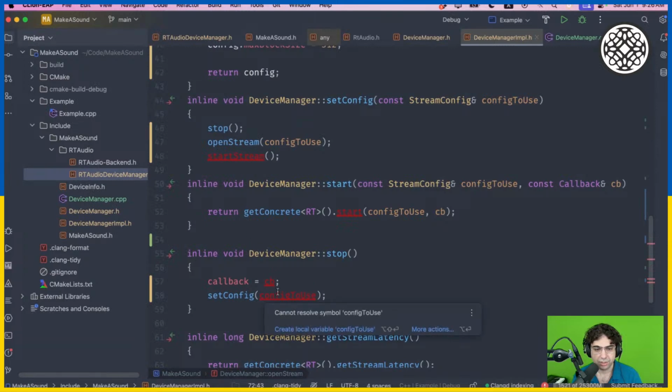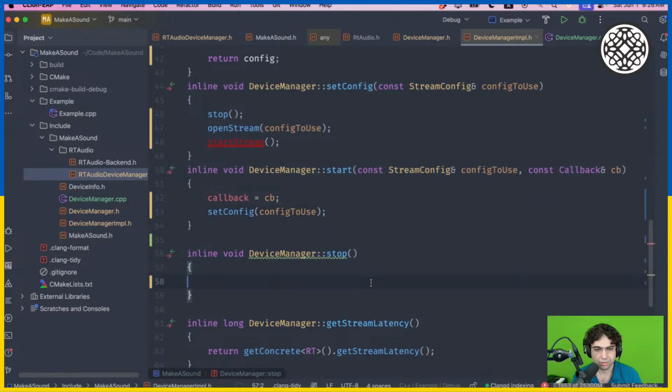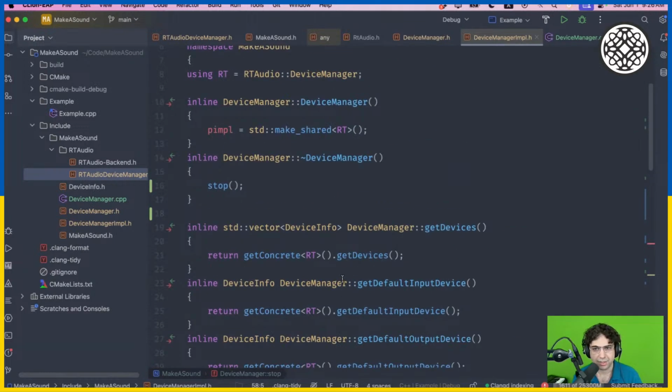Set config. Oh, that's weird. Why did I put this on? I'm out today. This is a part of start. So where's the part of that I need to stop? Or do we stop just to stop, right? No, I had some actual code that did stop. I'm totally blanking out here. Where's my